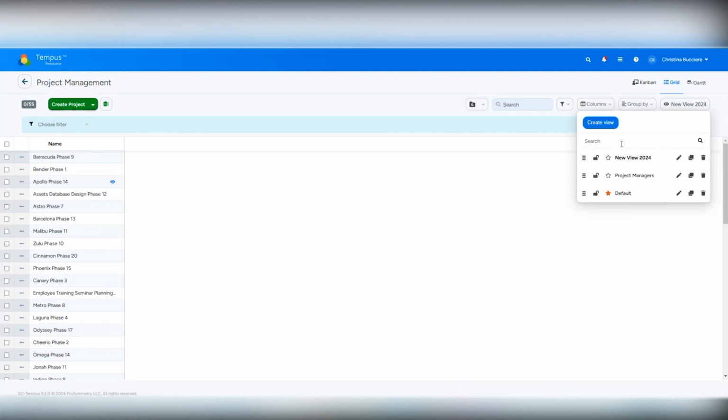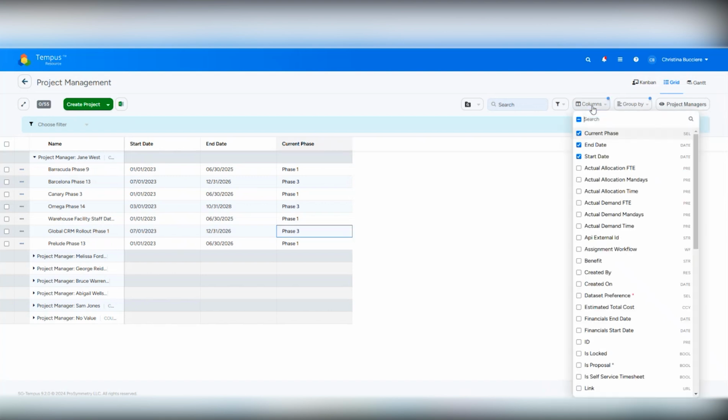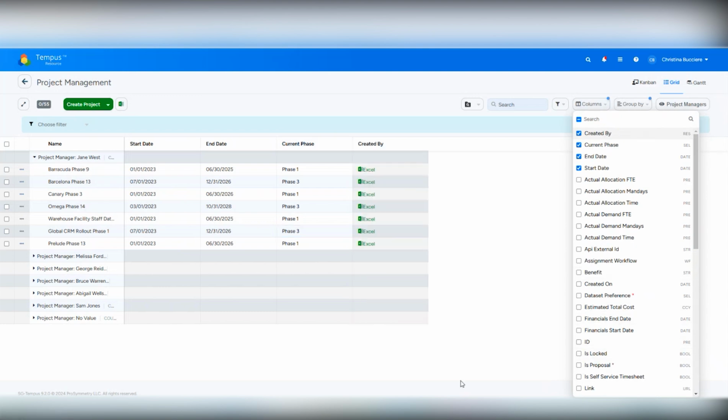You'll also notice in my list of views, I can change my default view with the star icon to other views I've created, and I can choose to lock views. What this means is if I click on my project manager's view and I choose to lock it, that means anytime I add something or change something to this view, such as adding a new attribute,